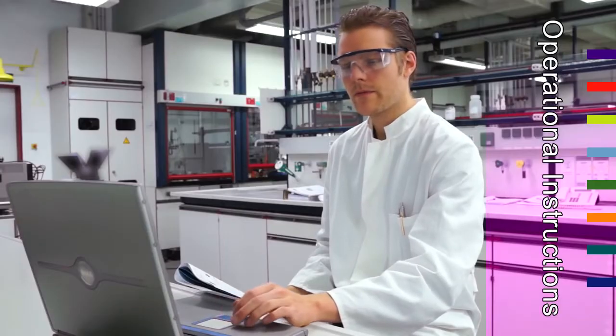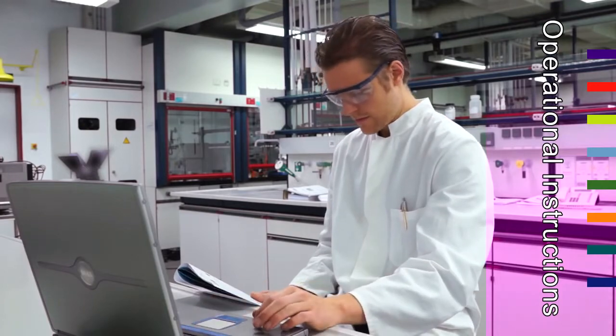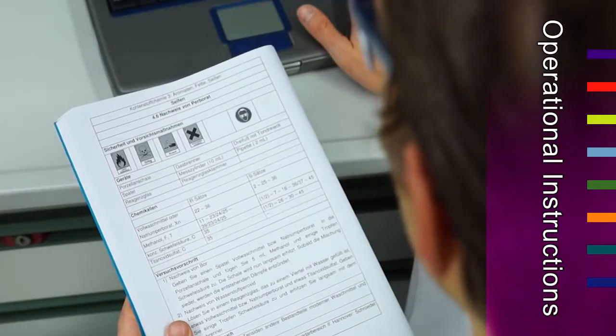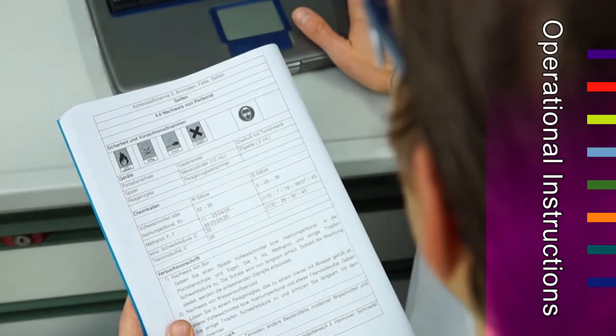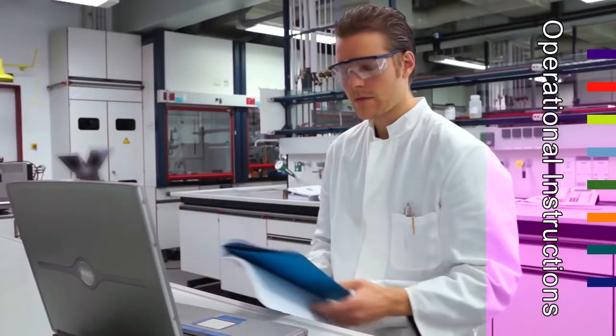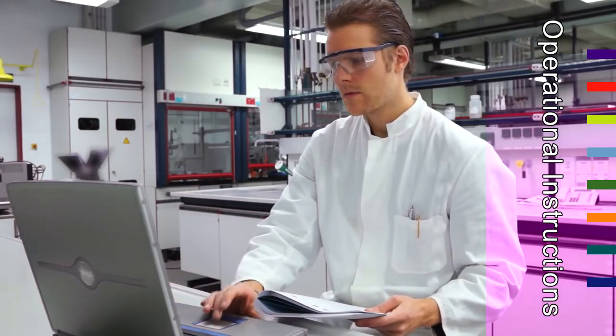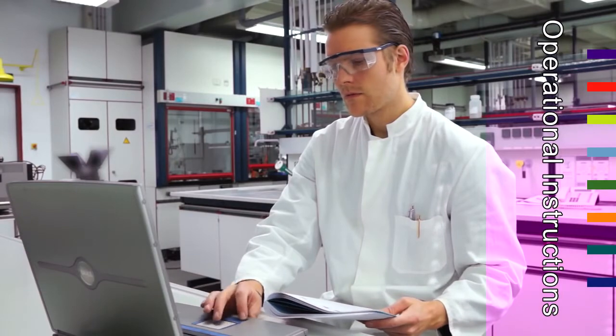Operational instructions for special equipment in the laboratory are written by the laboratory supervisor, who ensures that everyone has access to them. They indicate dangers and advise on safety precautions. Operational instructions must be written for biological materials, hazardous chemicals and their preparation, as well as for machines and other